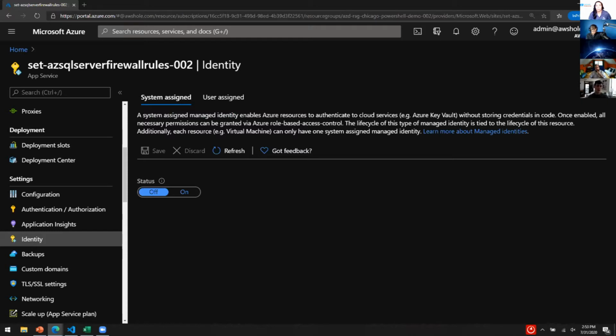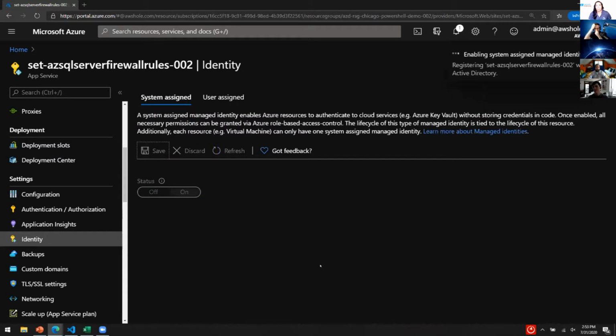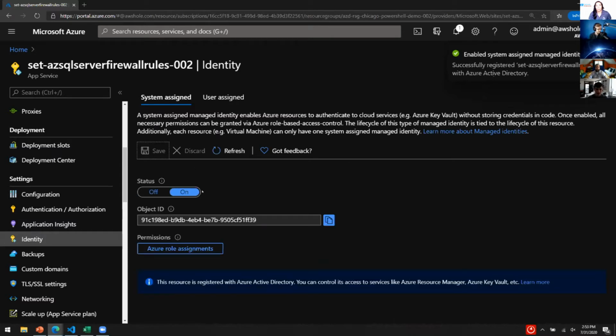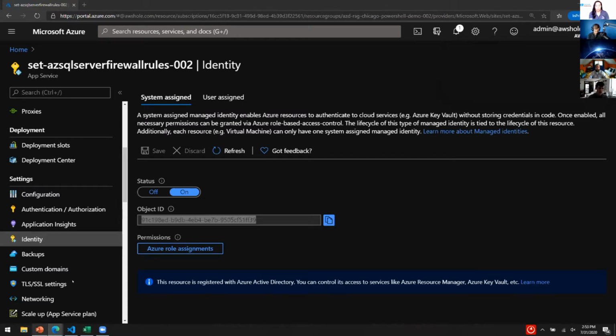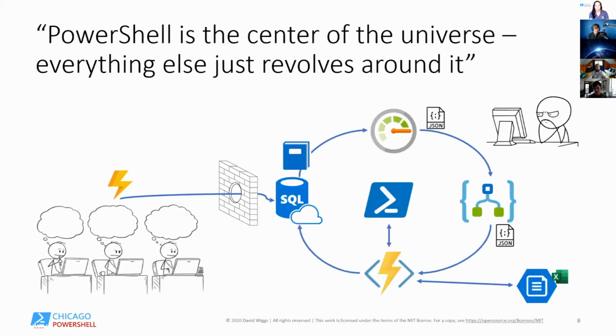But in order to do this, we have to get role assignments correct. So let's go ahead and turn on our managed identity, and once we get an object ID, we can find this inside Azure Active Directory too. I'm going to go ahead and we can come back to this later to add some role assignments. If we think about what this function is doing, let's take a look back at our diagram of the framework that we're going to be assuming. Let's skip all the way through these animations. This function right here is going to be receiving input from a logic